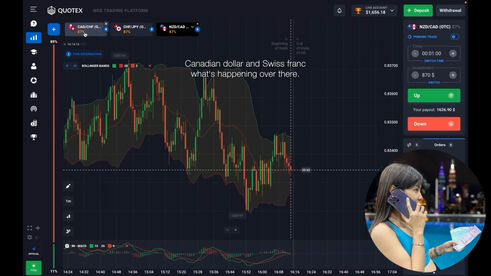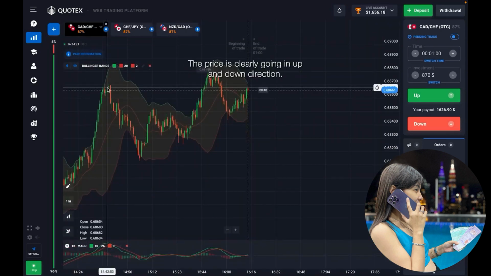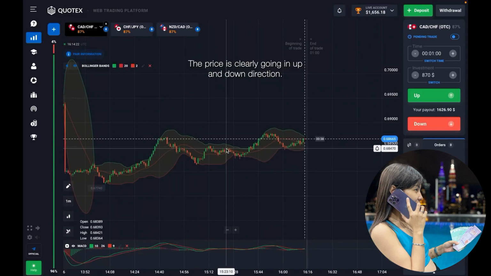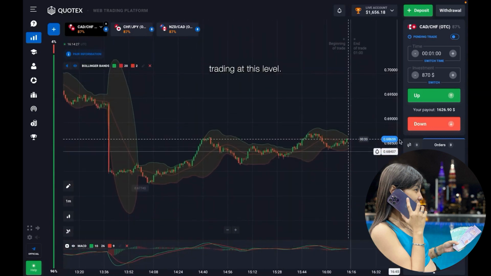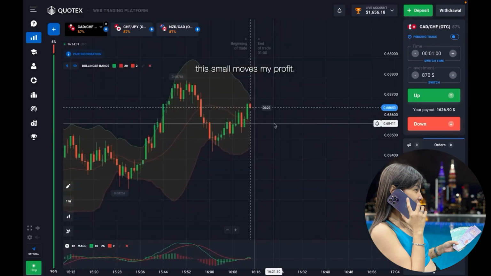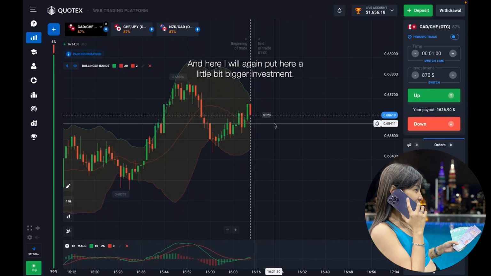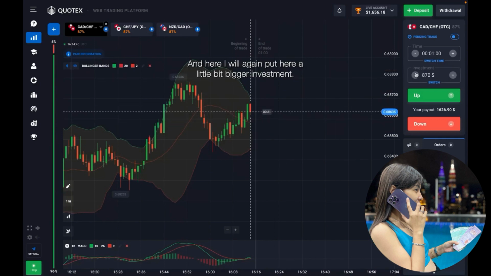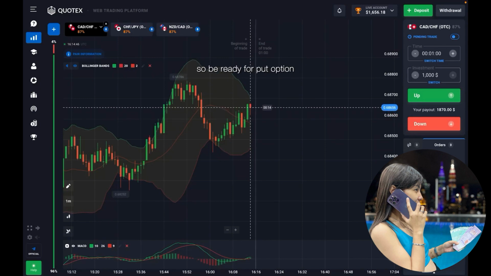So what's happening over there? Perfect situation. The price is clearly going in an up and down direction. Again, a small little period of consolidation because the price is trading at this level. And look at the pips, on small time frames I can gain profit from these small moves, and that's why many traders are fond of scalping. Here I will again put a little bit bigger investment, the maximum sum from one trade. So guys, be ready for put option